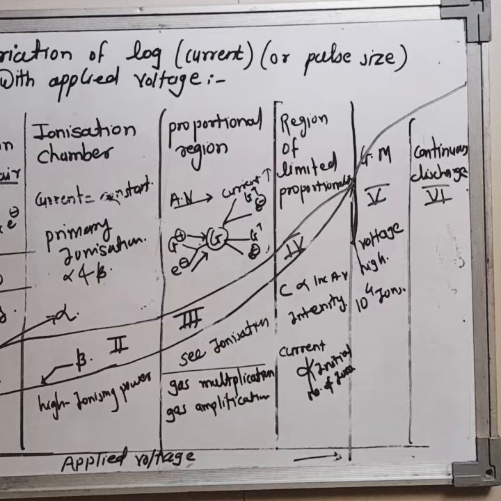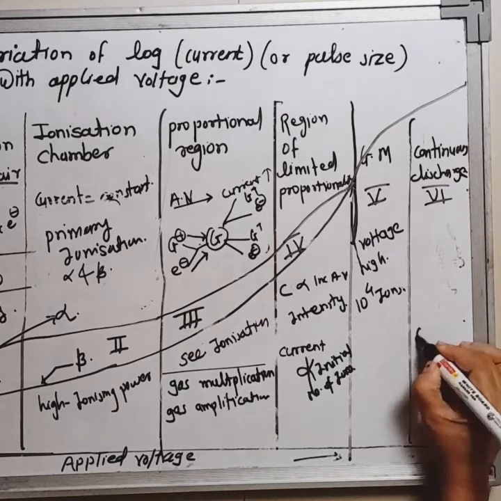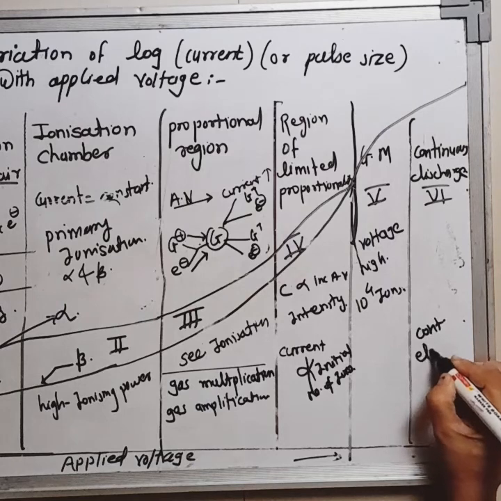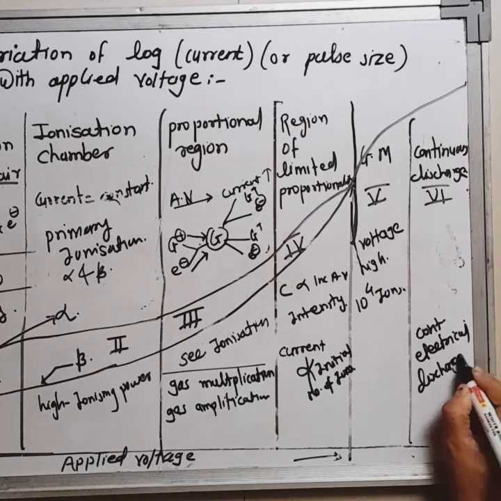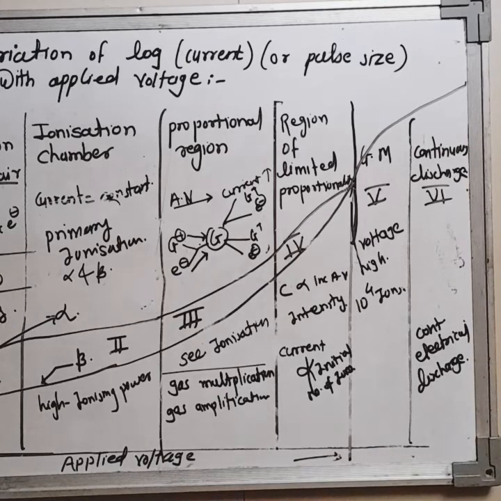And the last one is the continuous discharge. After the Geiger region, due to the high applied voltage, the detector goes into a state of continuous electrical discharge. So friends, in this discussion we have discussed all six regions,